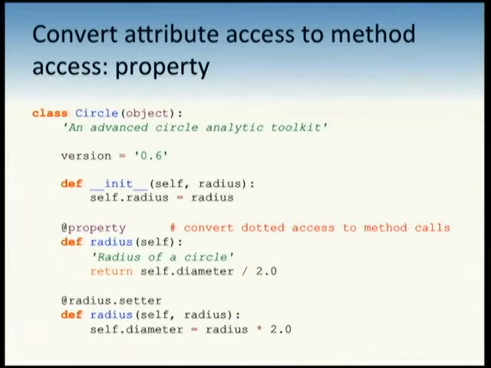And what property does for you is after the fact, without changing any of the rest of our code, any of our code or any client code, we can add this in, and magically, every time we set radius, including in our own code, this will no longer store in the instance variable. This will call this setter and actually store the diameter. This is why in Python you don't have to fear exposing your attributes. Even if you never use property, it's a big win for you.